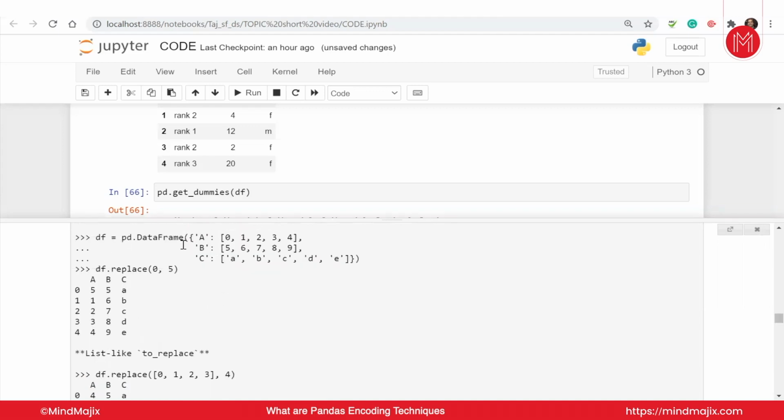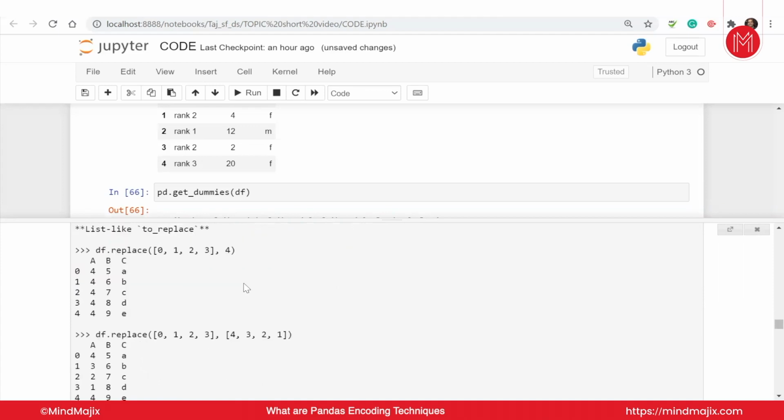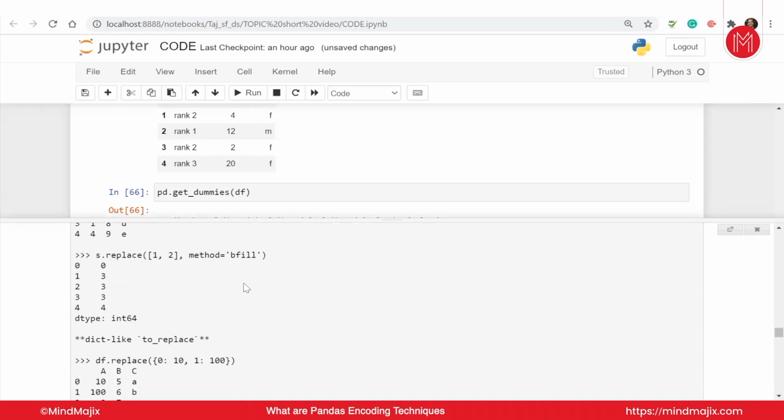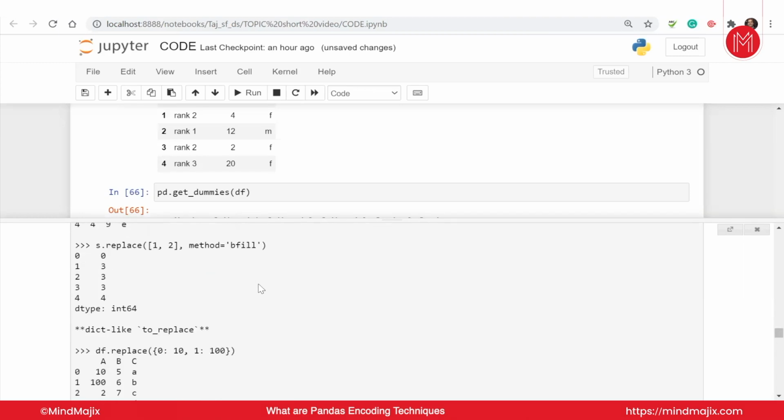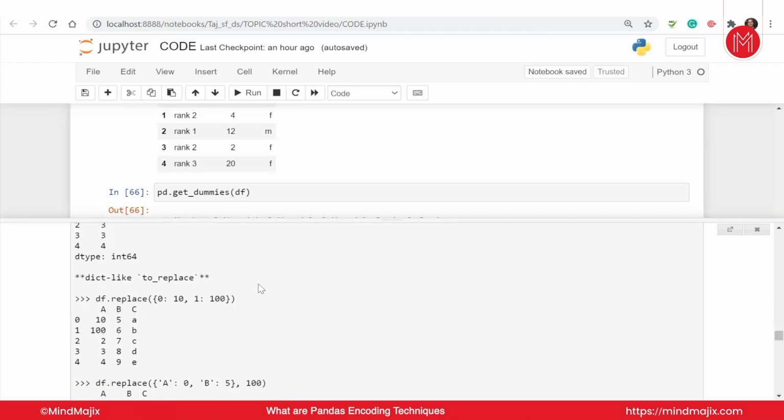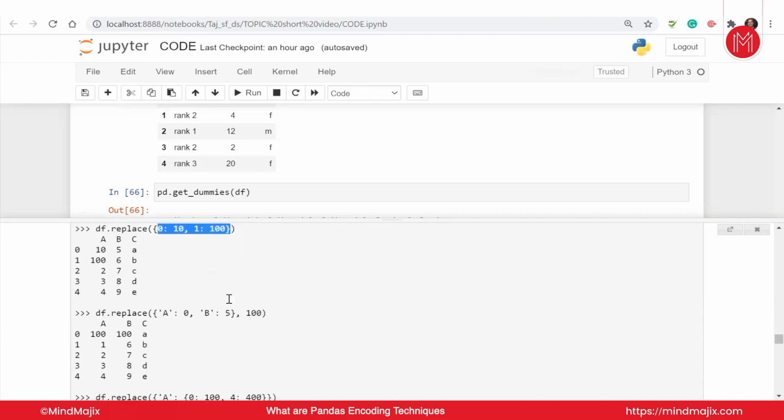Sorry, this is not the replacement. This is a parameter that we are defining. Replacement by dictionary should also be there. Let me find it if I can. So you have these values, guys. Again, if you want to replace these values with these values, you just write this name and with this name, and that value gets replaced. And another way is replacing with a dictionary. You can give a dictionary like this and you can get the replacement clearly that way.